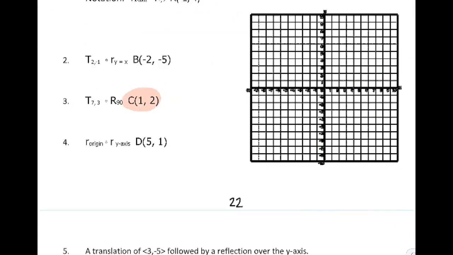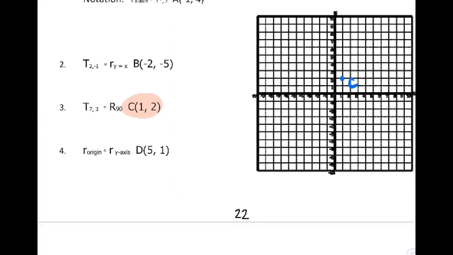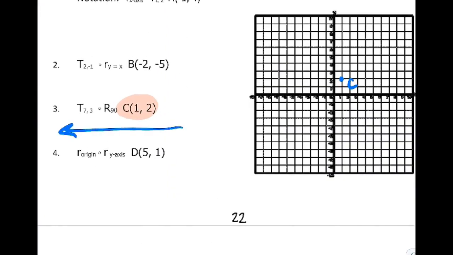Okay, the third one is over 1 up 2 is the original point. That would be called point C. And the first thing we do, working backwards, is rotate 90 degrees. So you take your patty paper out,